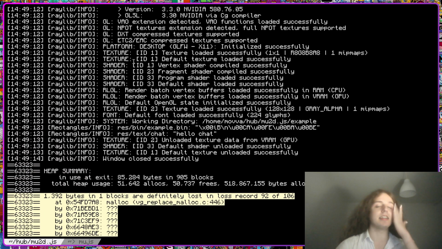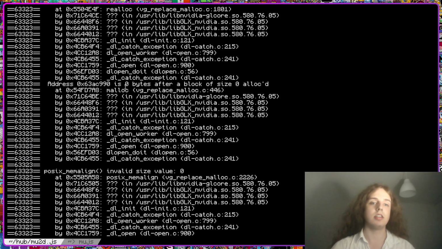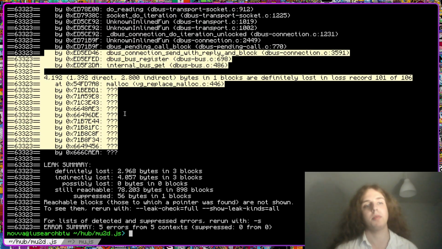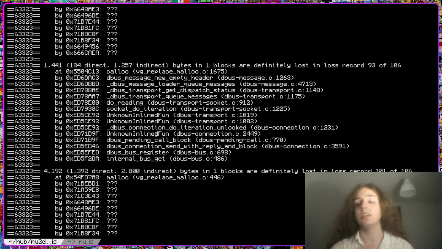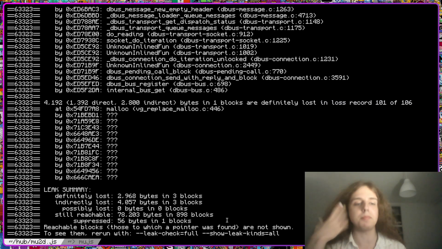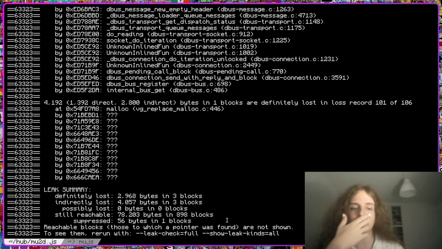I don't know why those exist, but they do. I can't do anything about those memory leaks. I tried, but you can't really do that unless you modify Raylib yourself, and I don't want to get into that. And I don't think those are bad leaks per se.